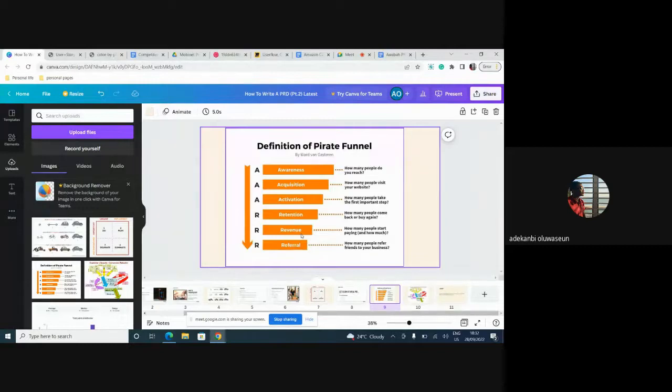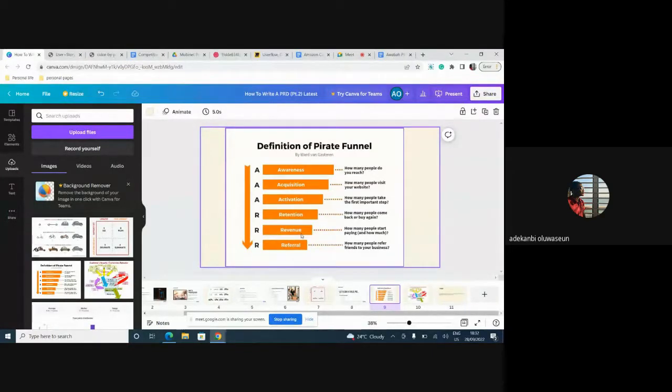I can tell you that what you are seeing on your screen got me into so many rooms, right? It broke a lot of doors, because when you're talking to a business owner, you're telling them that the reason why you are not making money is because there's a drop-off rate between activation and revenue. It means that probably there's a screen that you need to change. Users are having issues with payments, right? So metrics are critical, very critical, right, as a product manager.